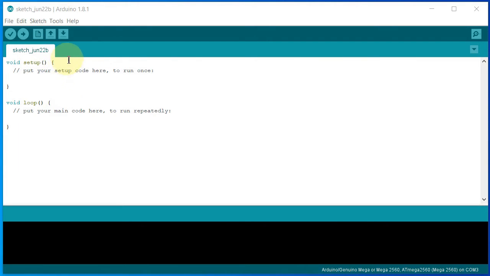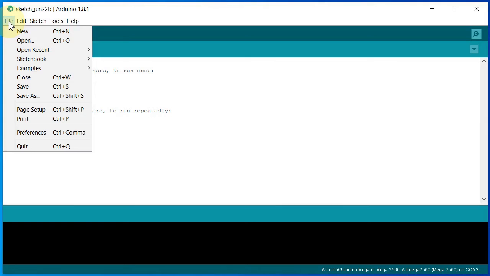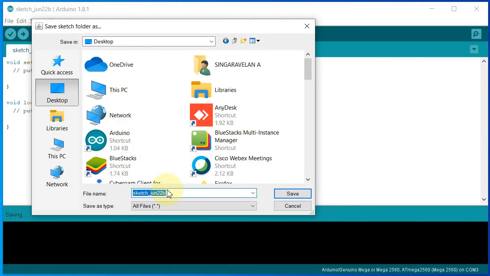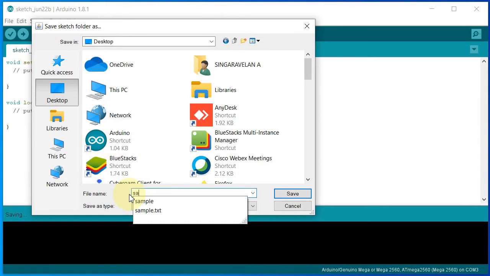You can easily rename the file. Just go to File and click on Save. Here you can choose where you want to save your file. For example, I am saving on the desktop, so you can rename it to anything. So I am giving sample code. Here you can see I didn't give any space in the file name.